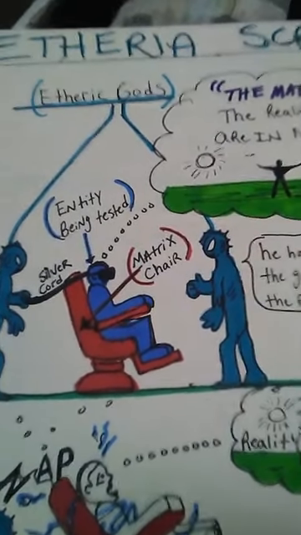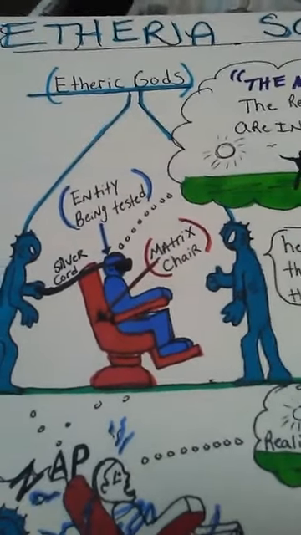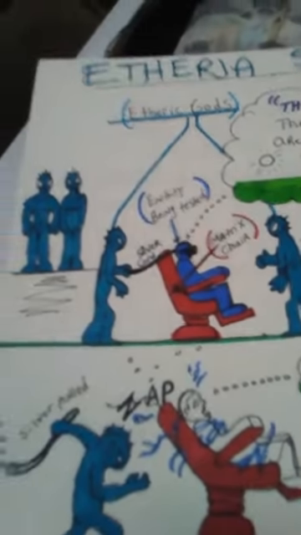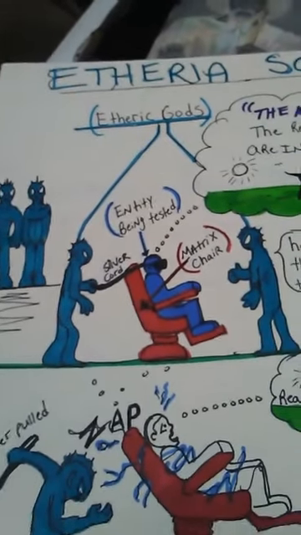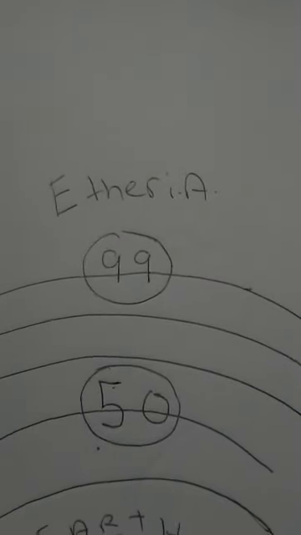The etheric gods sat you down because the etheric gods live in Etheria. Where do these etheric gods live? These etheric gods live in Etheria. Now, Etheria is the naturalistic home where we all come from, because we all are etheric beings. But some of us have left Etheria and descended down to Earth, which is the matrix, which is the virtual simulator game.